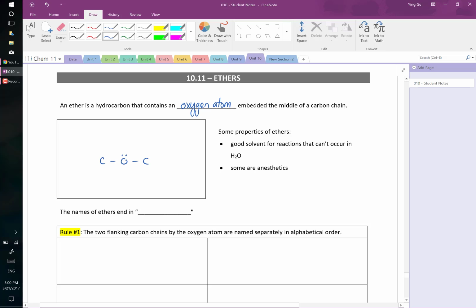Now, because this oxygen has two lone pairs like this, from our VSEPR theory, we know that the ether molecule is not a linear molecule, but rather it is bent. So it's more accurate to draw ethers like this. Here is a very simple ether. I'm going to draw it like this, with the lone pairs showing, just to remind you that there is a 3D